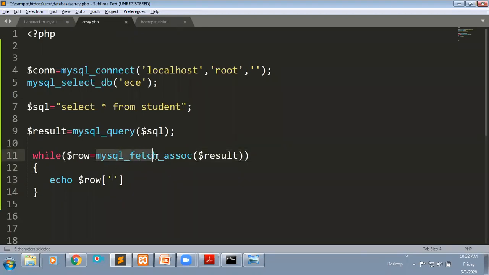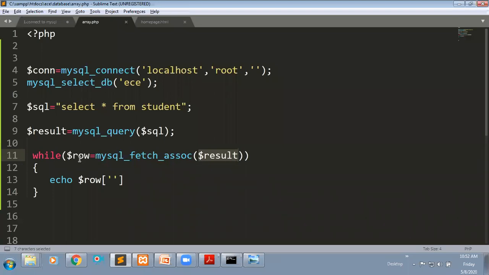This MySQL fetch associative function will take the result of your query. I have saved the result within this variable, and that variable I am going to pass within this function. It will return one row from your table.